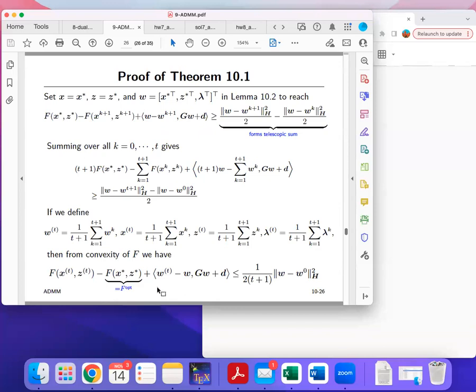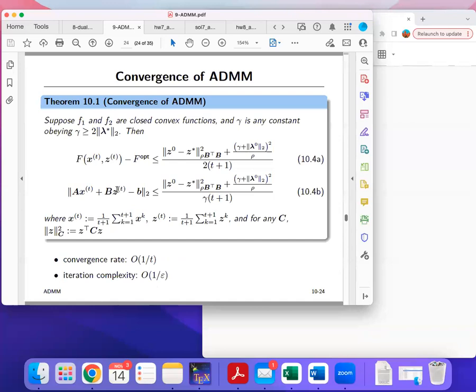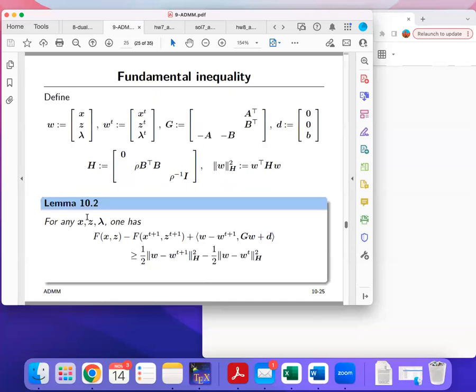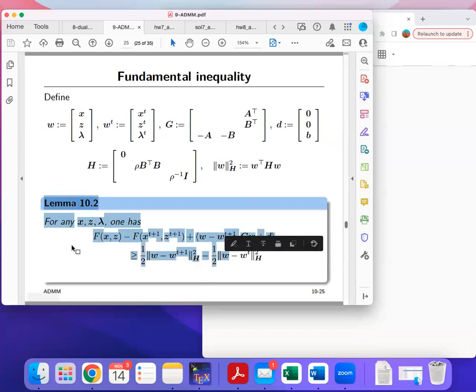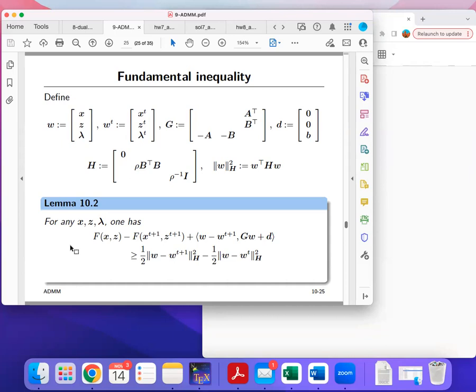So what we will do is the following. We will first prove Theorem 10.1. Okay? We will first prove this result, assuming this lemma holds. Assuming this result holds, and then we will come back to the proof of this lemma later. Okay. Now, assuming this is true,